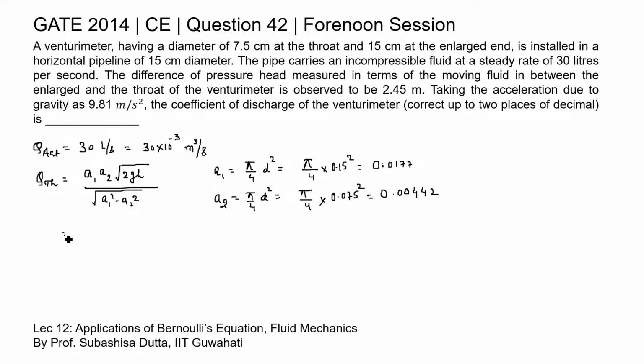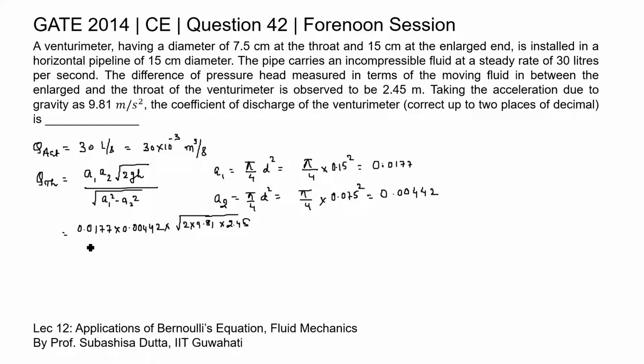So when we substitute all these values in this formula, A1 is 0.0177 into A2, A2 is 0.00442 into root over 2GH, 2 into G is 9.81 into H, H is the head difference between these 2 points, which is given here as 2.45 meter,